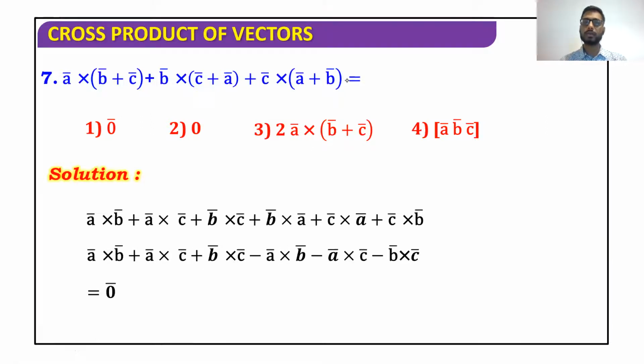Now in our options, the first option is 0 bar and the second option is 0. So which one is the correct answer? Notice that all of these are vectors, and whenever you cancel, you get a vector answer. So the answer is going to be equal to 0 bar. If you had to find a particular point, in that case, our answer would be the scalar 0.